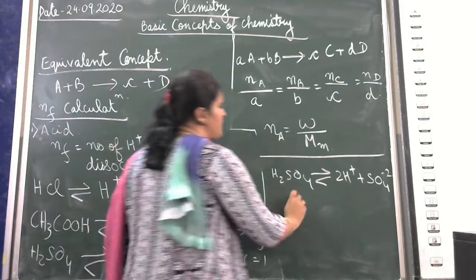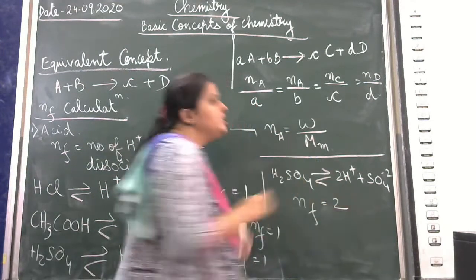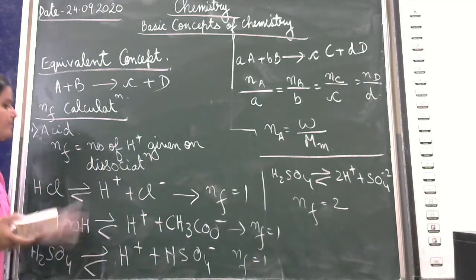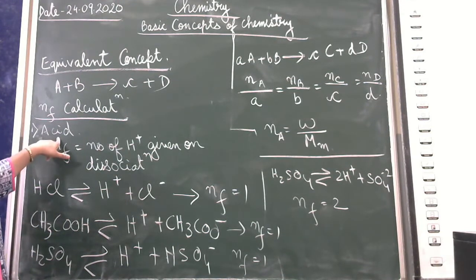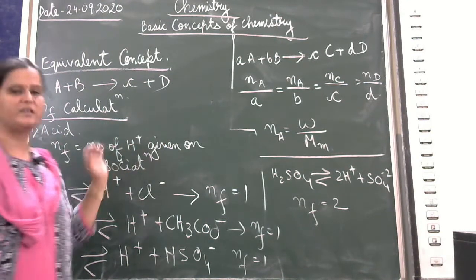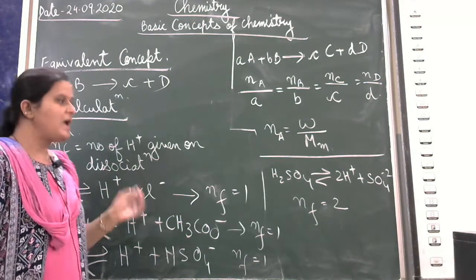In that case, my n factor will become 2. So what does it mean actually? That n factor will depend upon the type of reaction. Okay? So remember, for acid n factor is the number of H plus given on dissociation in water, and it also